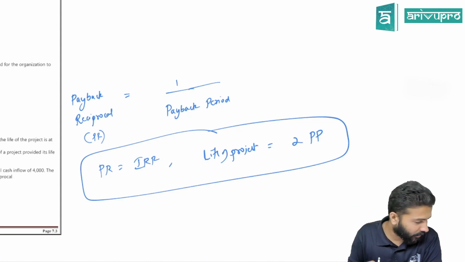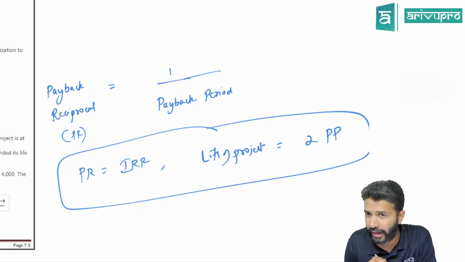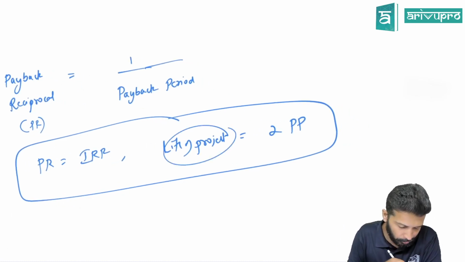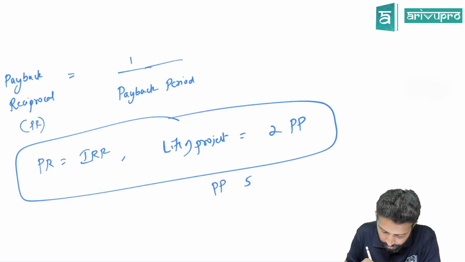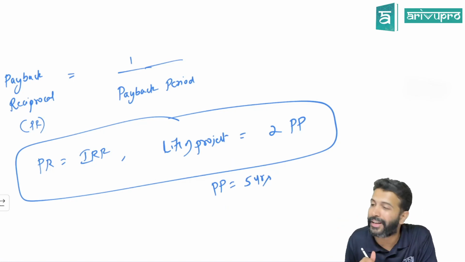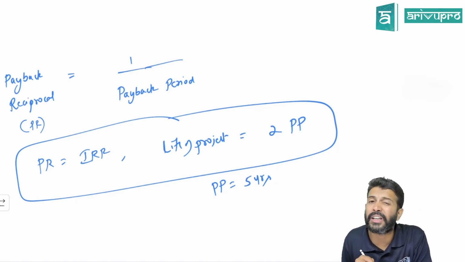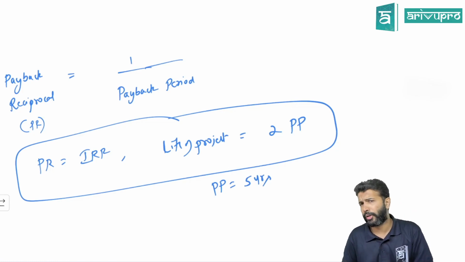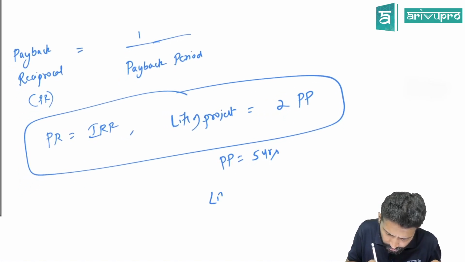As per their analysis and testing, they say payback reciprocal will be more or less equal to IRR if the life of the project is twice the payback period. Suppose the payback period is 5 years. You're doing a particular project, so the payback period of that project is how many years? 5 years. Payback period means how much time you will take to recover the investment. Here the initial investment you can recover within 5 years. Just because you are able to recover the investment by 5 years, will you stop the project or will the project still continue? Let us say the life of the project is 10 or 11 years.